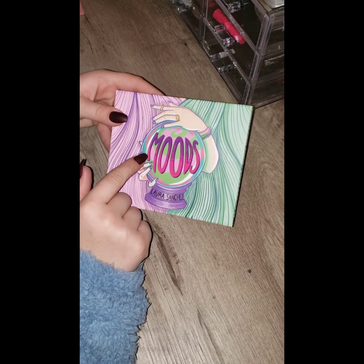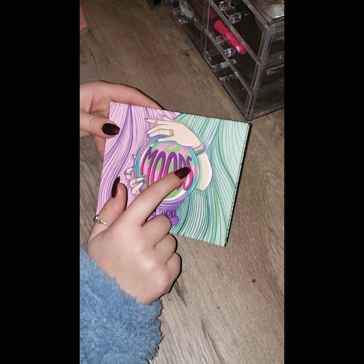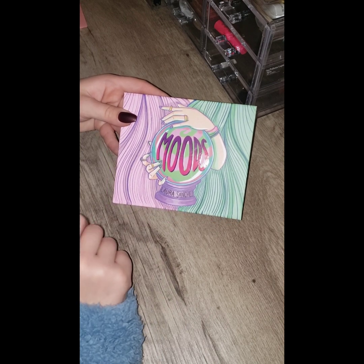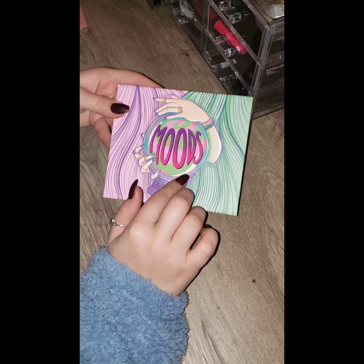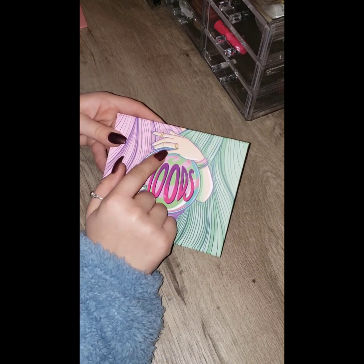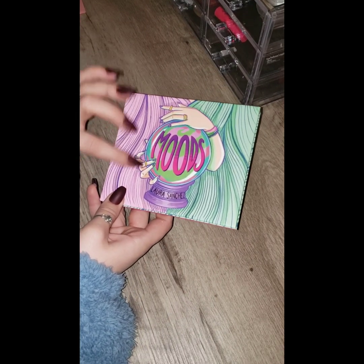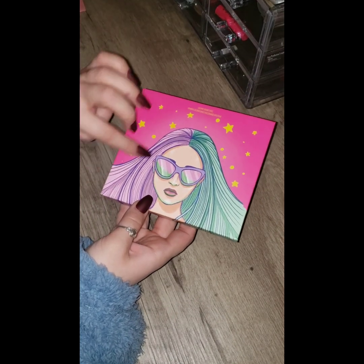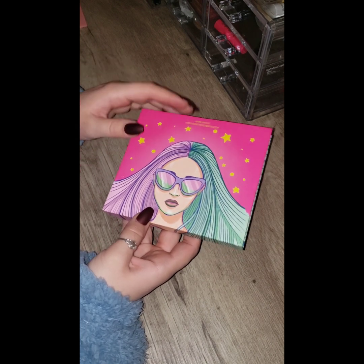It's called Foods. It's by Sanchez. You've got like a crystal ball here, and then she's got her hands. And on either side, the pink and the green flows into being her hair on the back. So when you flip it open,